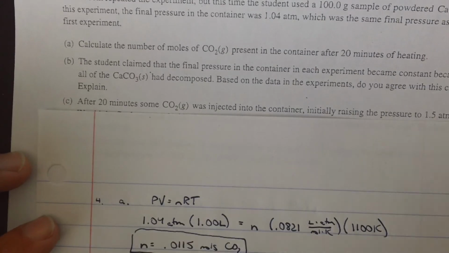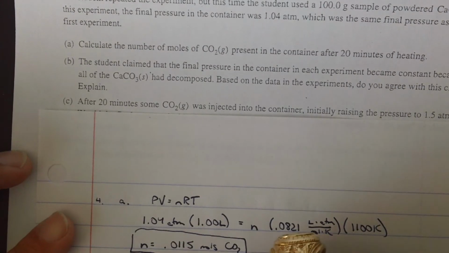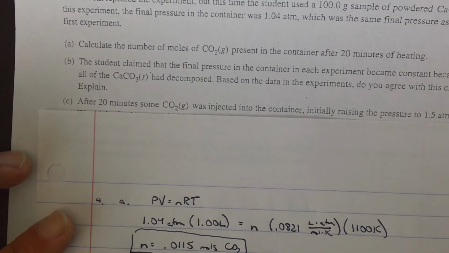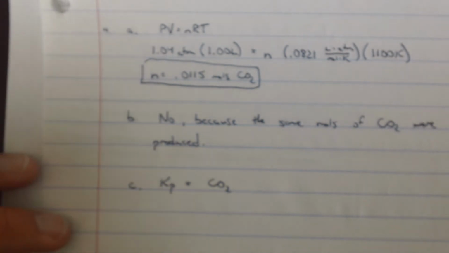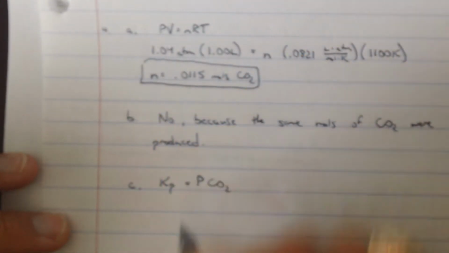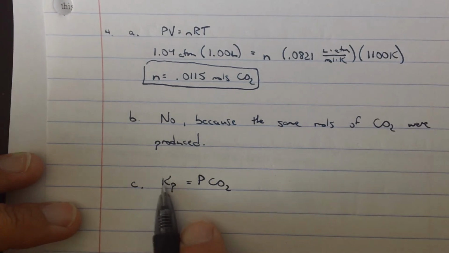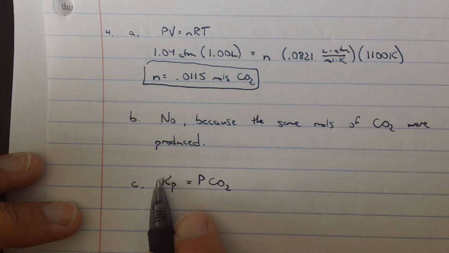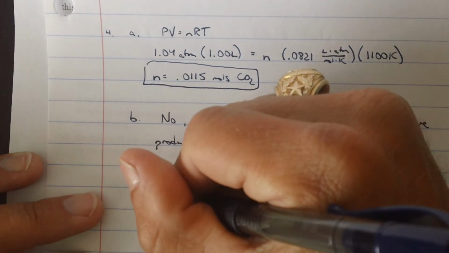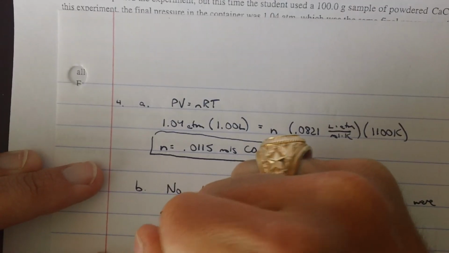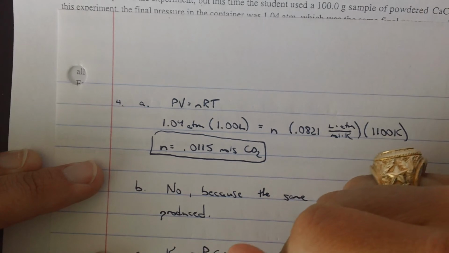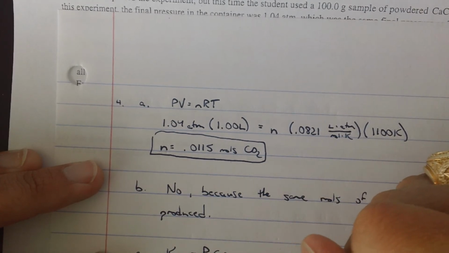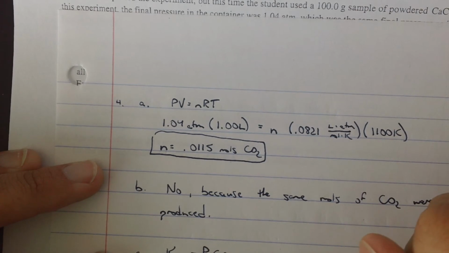Because there's no temperature change, we initially have more pressure of carbon dioxide, and our Kp only includes the carbon dioxide, products over reactants, but the other two pieces of the equation are solids. So that Kp is going to equal the pressure of that CO2, and because there's no temperature change, the Kp doesn't change, and because there's no equilibrium constant change, that means the pressure of the carbon dioxide would remain the same